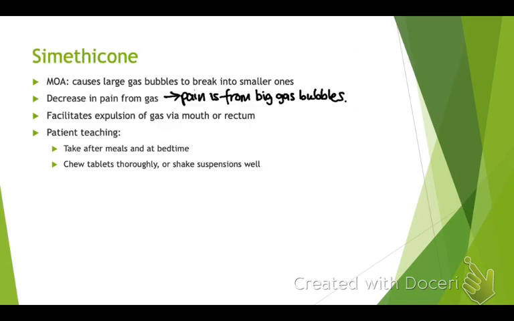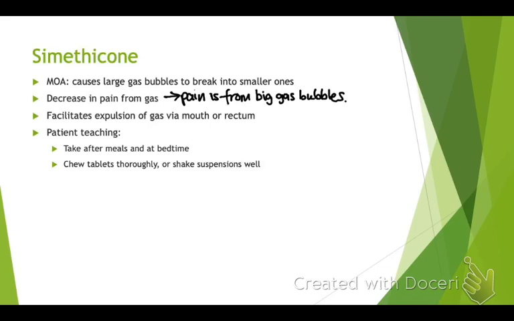Simethicone's mechanism of action, it causes large gas bubbles to break into smaller ones, so they're able to be released. It's used to decrease pain from the gas. So pain is from the big gas bubbles that patients get. So the simethicone, as it breaks down the gas bubbles into smaller ones, the pain that the gas produces will be decreased. Facilitates the expulsion of gas via the mouth or the rectum, so it will cause the patient to pass gas